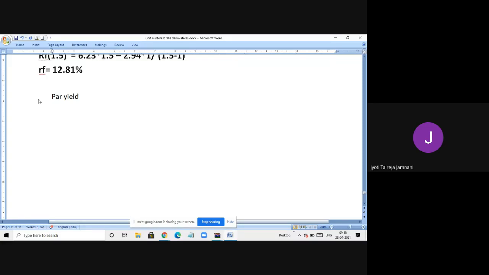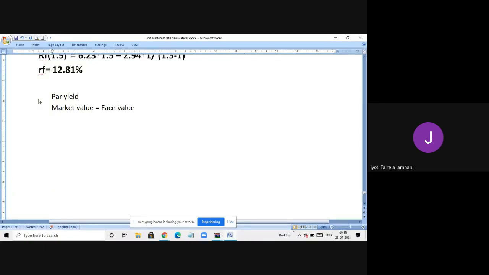I have to make the market value equal to the face value. Whereas as of now, it is not like that. You saw the question, face value is 100 and market value is differing for each bond. So we have to equate these two, and par yield itself means the rate. So it is that rate which will make market value equal to face value. So we are going to put the equation.